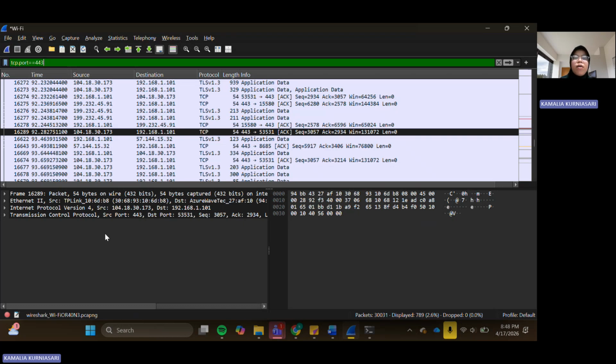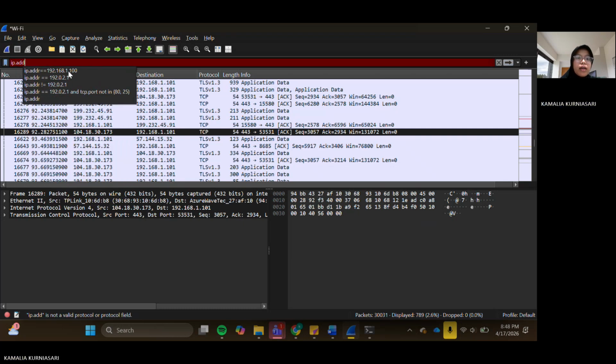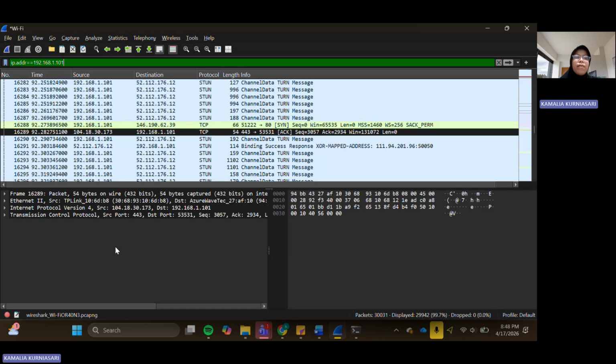It helps compare secure and non-secure web traffic. And then we used ip.addr equal. This filter shows all traffic related to a specific IP address, both as source and destination. It provides a complete view of communication involving that device.